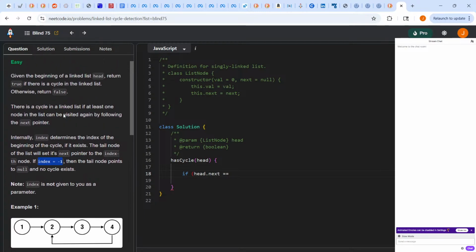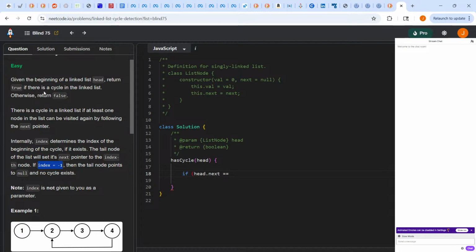Internally, index determines the index of... what does index have to do with anything? There's a cycle if at least one node can be visited again by following the next pointer. Internally, index determines the index of the beginning of the cycle, if it exists. The tail node of the list will set its next pointer to the index node. If index is -1, then this, okay. So,